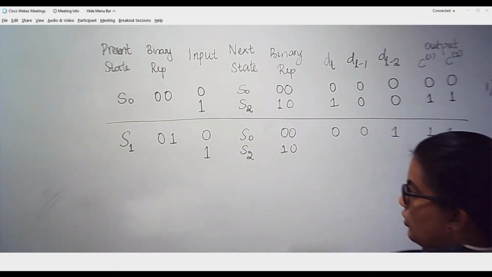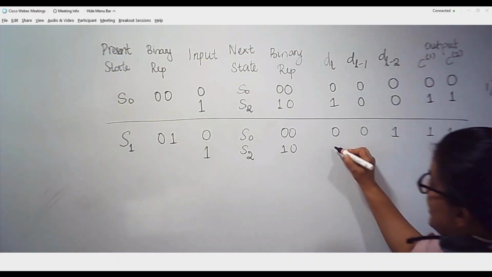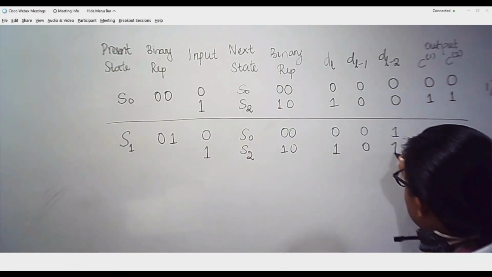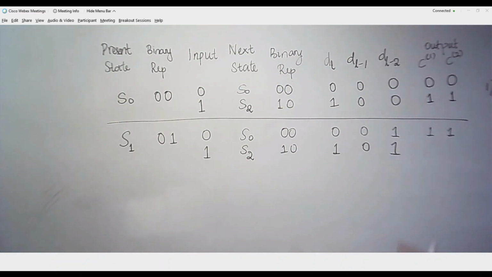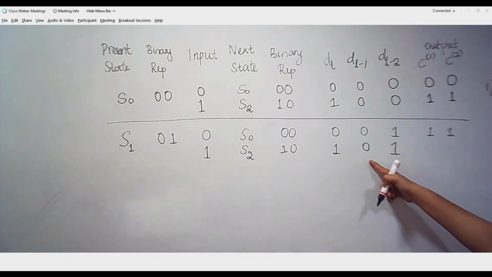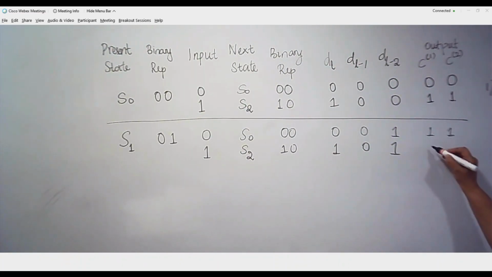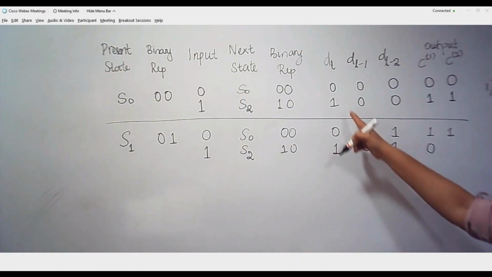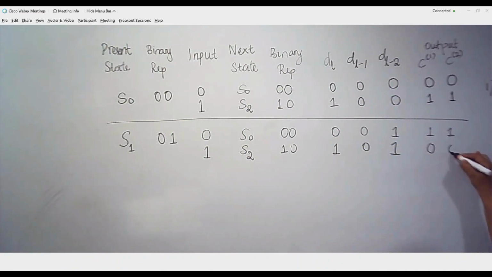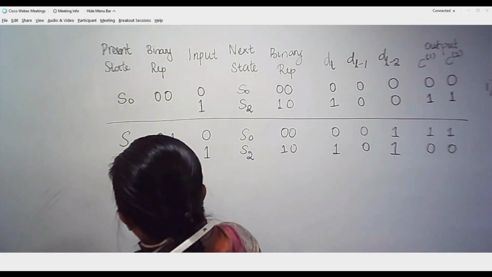Coming to 1, 0, see here, the current bit that you are giving is 1 and the previous two bits are 0, 1. Now you tell me what are the possible outputs. DL plus DL minus 1 plus DL minus 2. 0, 0. For the first output, 0. And then for the second one, this plus this, so it is 0. This is for the case of the state S1.